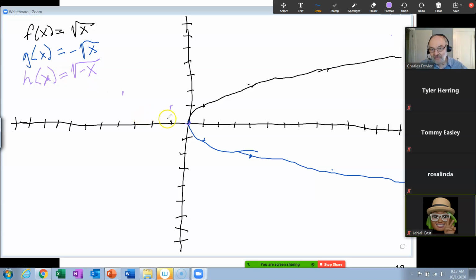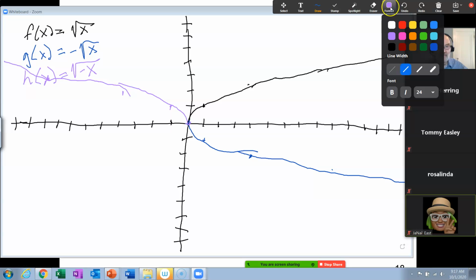So what this one's doing, it's flipped it across the y-axis. Whoops, going up too fast here. And it keeps on climbing. Does everybody see that? You negated the x, so you flipped across the y. You negate the y, you flip across the x-axis. Okay, reflection. I need one more color for my